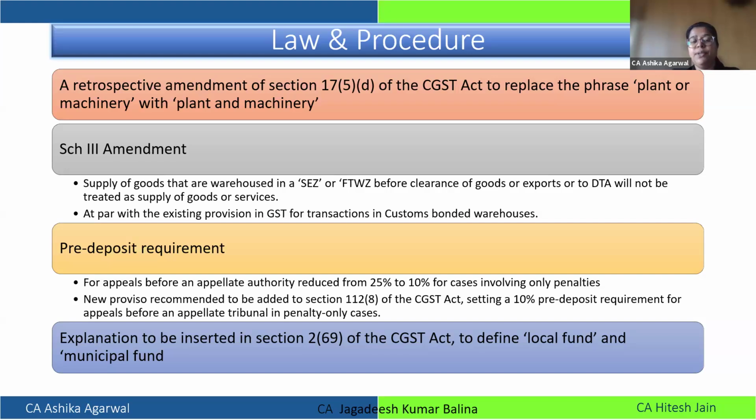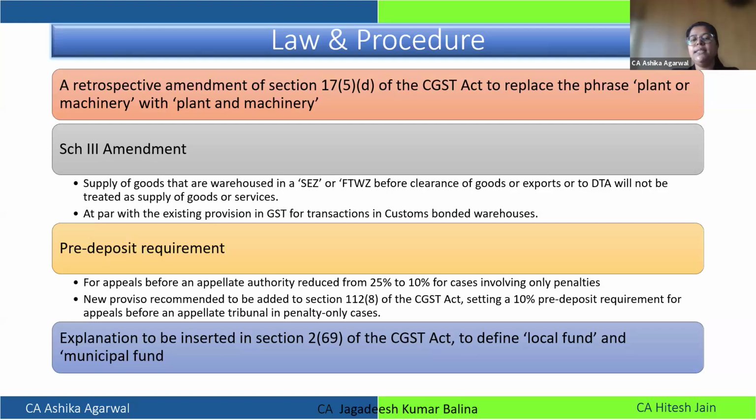Another important amendment which they are going to bring up is about the pre-deposit requirement. Now we have noticed that when we file a first appeal before the appellate authority, we are required to make a 10% pre-deposit of the tax disputed. The tax which is admitted, you have to pay, and 10% of the tax disputed, you need to pay. But there is one more thing, which is about penalty. For penalty, they have brought in an e-way bill penalty provision, where a person can file an appeal by paying 25% of the penalty amount.